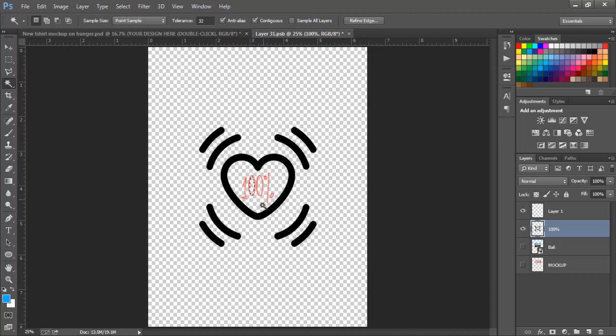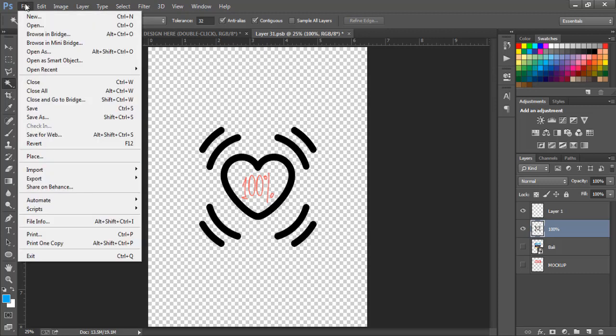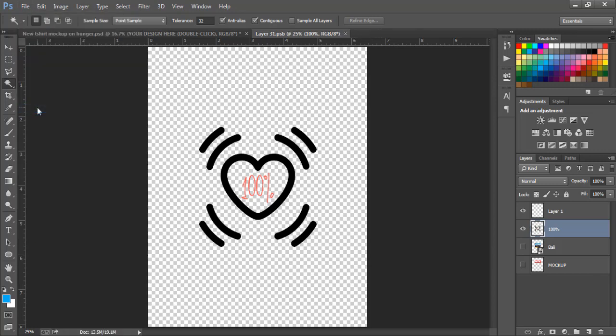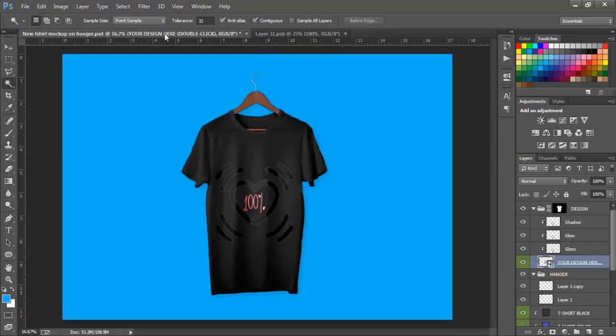So if you don't have a problem getting Photoshop, I'll advise you to just get Photoshop, and you can do this totally free. So now that we've done that, I'll just click on file, save. You can see when I'm done saving and I apply it,